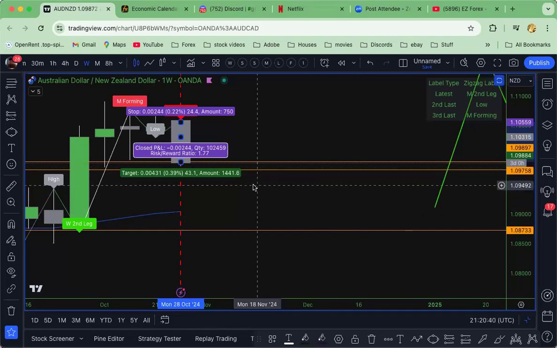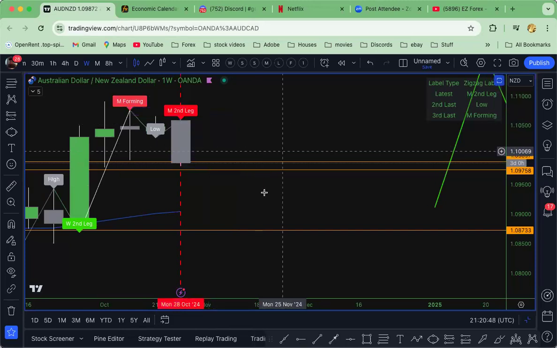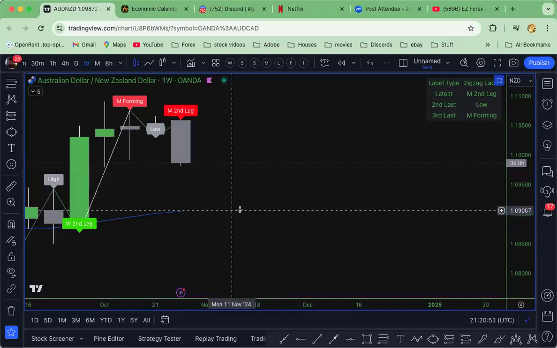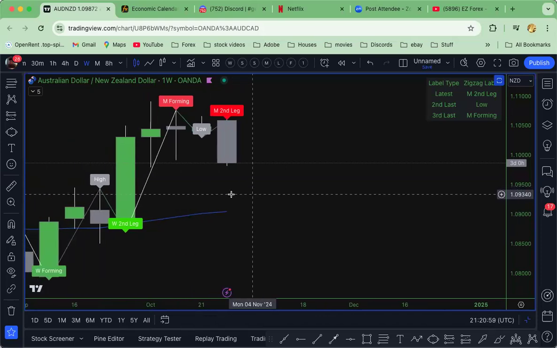Yeah. You answered part of my question already. Okay. Now let's just say, you said you do weekly time frame, right? Yep. So on this weekly time frame, are you taking the close of the second leg candle, or did you already take a trade on it when you saw that M was forming, since the M has to make a second leg anyway for the W? Exactly what you said there in the last part. I do that